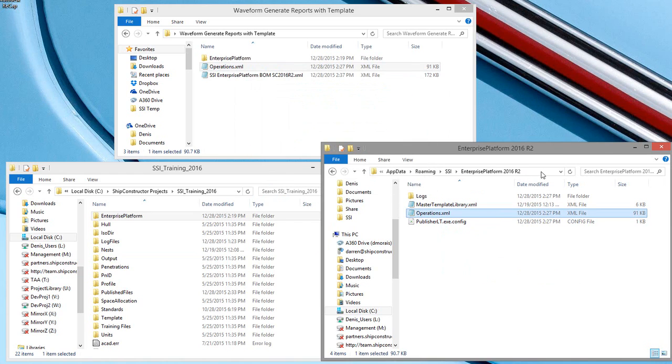and this is located from your C users, whatever your username is, AppData, Roaming, SSI, and then Enterprise Platform 2016 R2. And again, this feature is only available in Ship Constructor 2016 R2 or newer. If you do have your own modifications to operations, what you'll have to do is follow the blog and just copy the operations that I've created. So you can still do it, but this way I think the majority of people might not have a modified operations